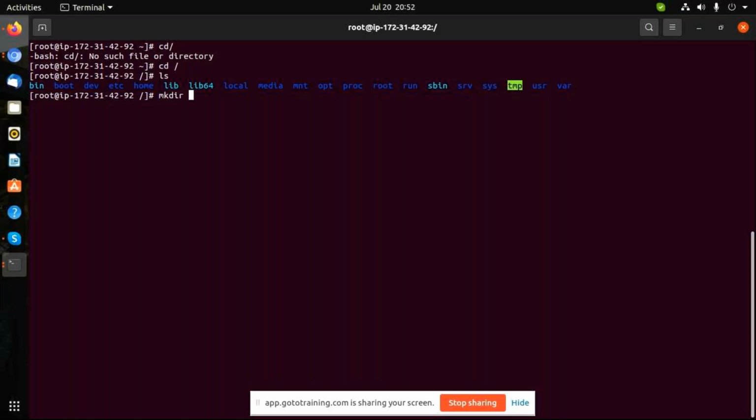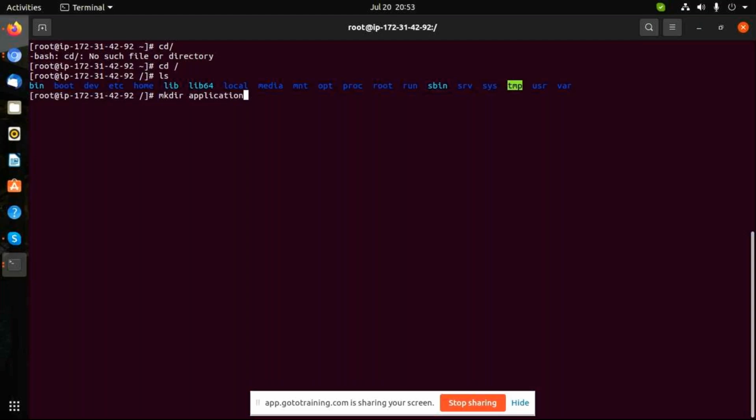Create directory, space, your directory name. mkdir is a single command, then space, and your directory name. Any directory name. For example, I want to create a folder called app, application, or any name. Enter. So I'm creating the application folder now.